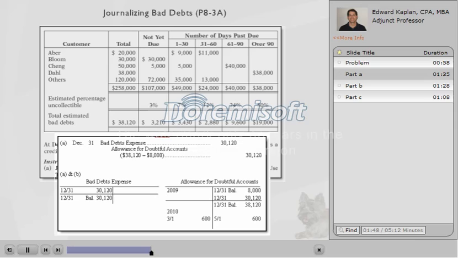Well, how did we come up with that number? Well, we know that the total estimated bad debts was supposed to be $38,120, and we already had a credit balance sitting in the account of $8,000. So when we base bad debt amounts using an aging of receivables, what that means is we have to adjust the final balance to what the